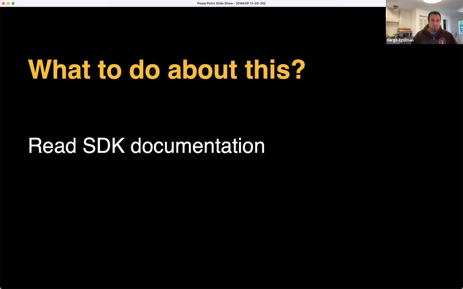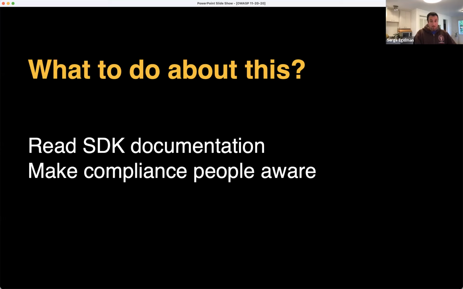The other thing is making compliance people aware. In your organization, you probably have lawyers whose job it is to be aware of these types of issues. They can't be aware of these issues if they don't have a full accounting of all of the third-party code that you're integrating, so that they can look at the documentation to figure out whether they have additional obligations. And then testing.